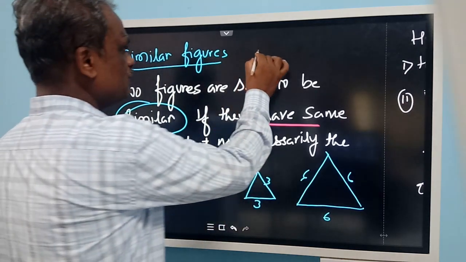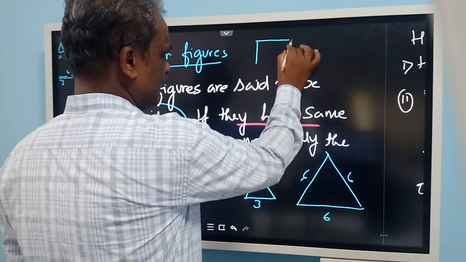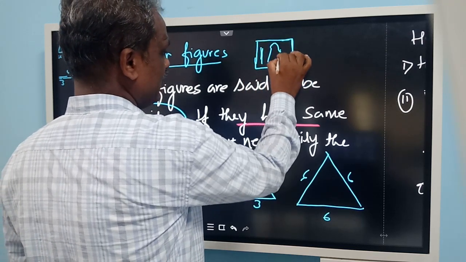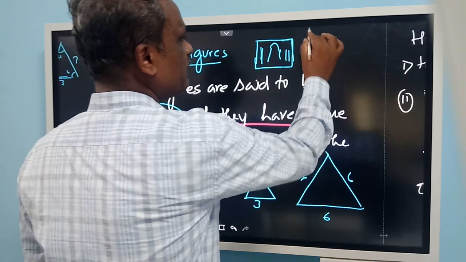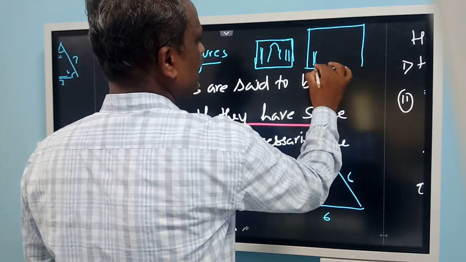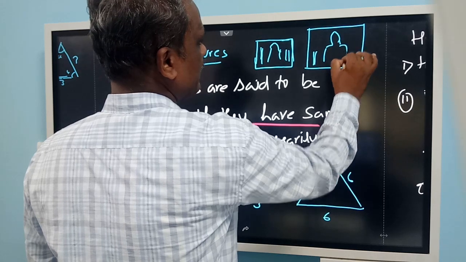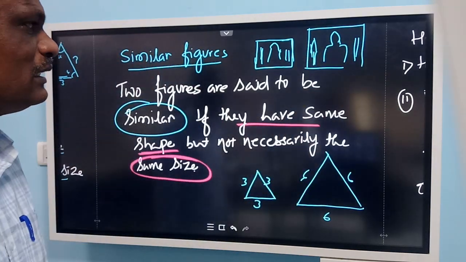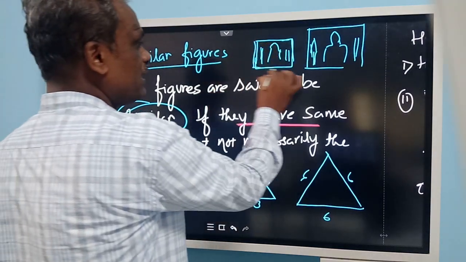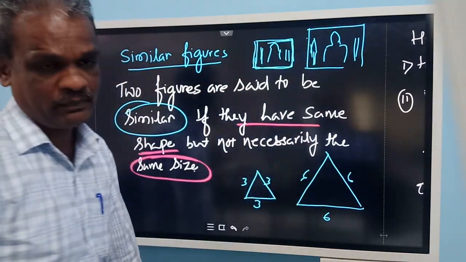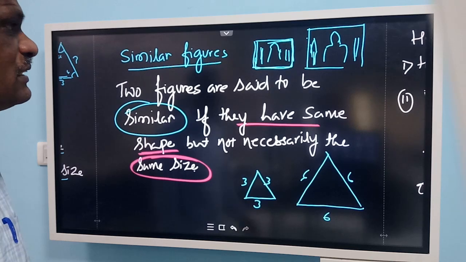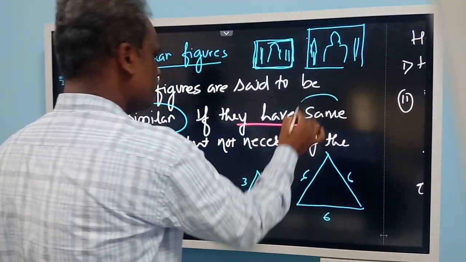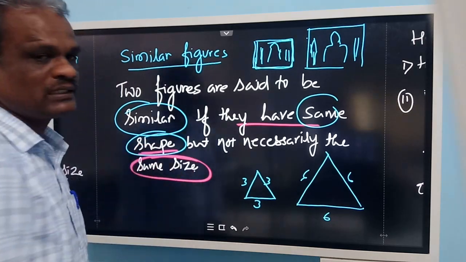Not only this, you can take the photograph of the Taj Mahal, in two different sizes. You can take photographs of the Taj Mahal. See, sizes are different, but the shape is same. When they have the same shape, then we call them similar